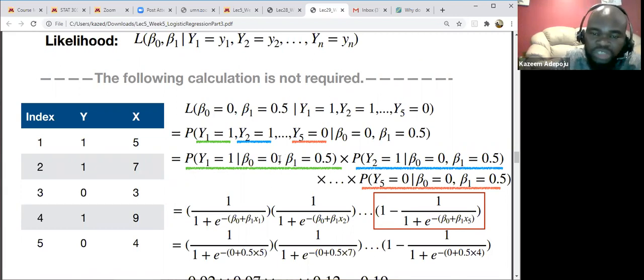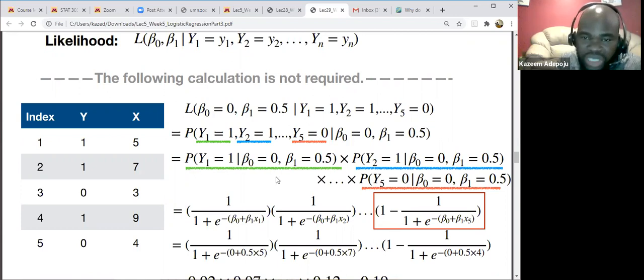Now this is given the parameters. This is what I'm trying to say. If this is a joint, what I have here is a joint. Why is it a joint? I got all the responses from y1 to y5, given the values of the parameters. And what I'm trying to tell you right now is that this can be partitioned into